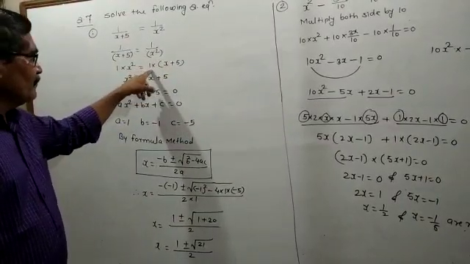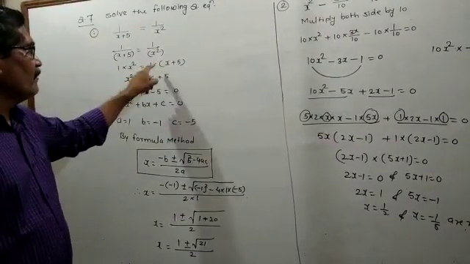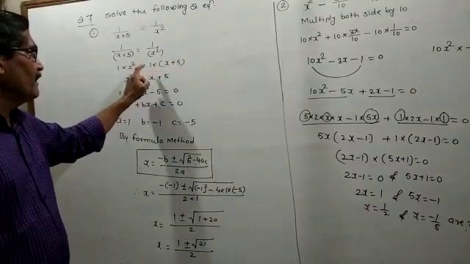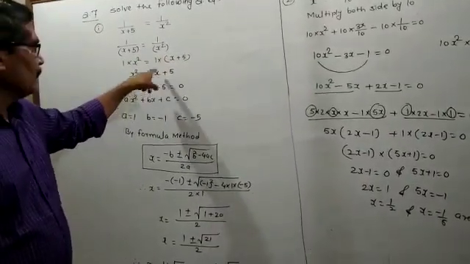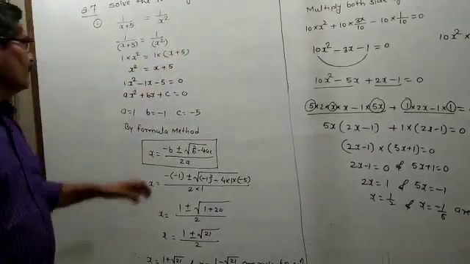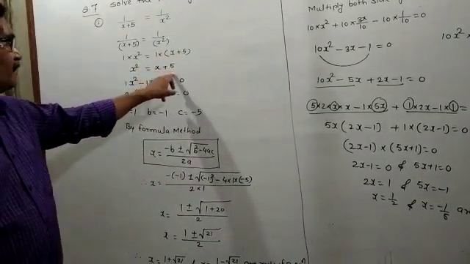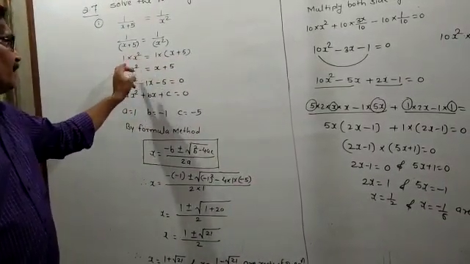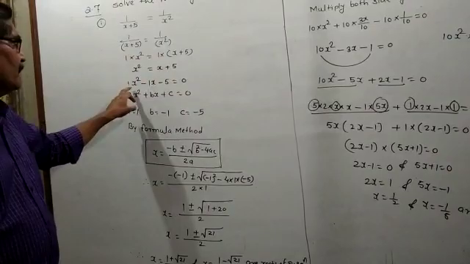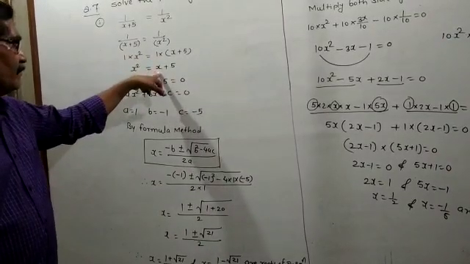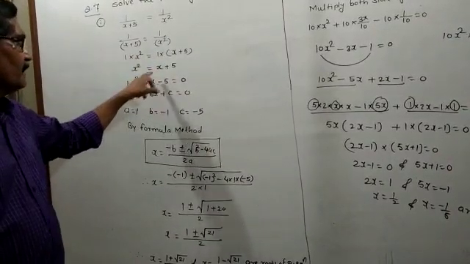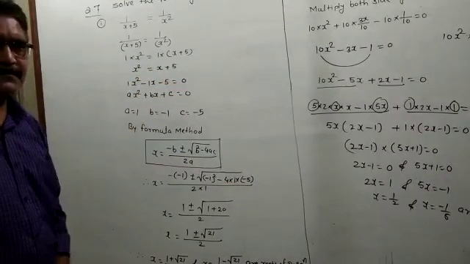After that you have to do the product. You have to use the distributive law. 1 multiplied by x and 1 multiplied by 5. 1 multiplied by x is equal to x. 1 multiplied by 5 is equal to 5. Then you have to transpose this x plus 5 to that side. This x square multiplied by 1 is equal to 1x square, as it is. This plus 1x becomes minus 1x, plus 5 becomes minus 5, is equal to 0.